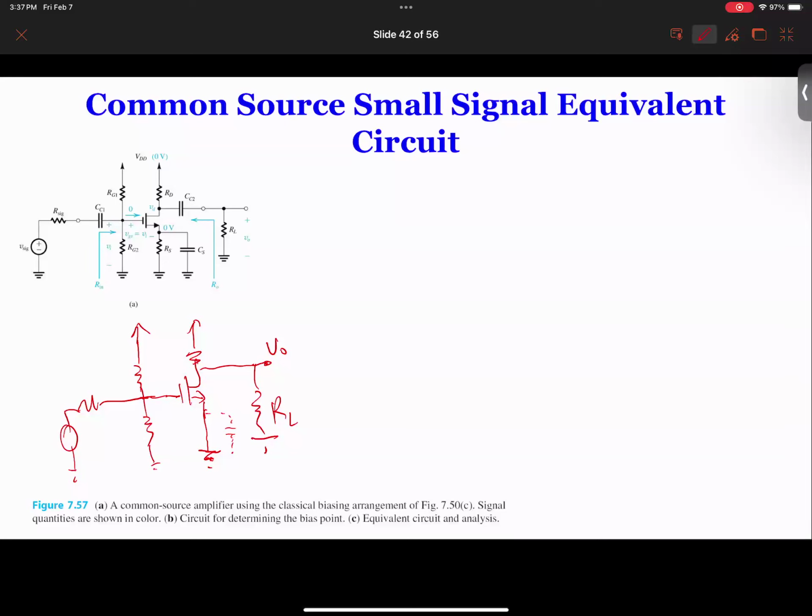So the steps to draw the small signal equivalent circuit model is to start with the pi model in this case, or in some cases use the T model later on. We're going to talk about that. Once you do the pi model, you have all three terminals, the gate, the source, and the drain. Then you find which one is connected to which terminal, and then connect all the components, and you complete the circuit. So in this case, the pi model will look like